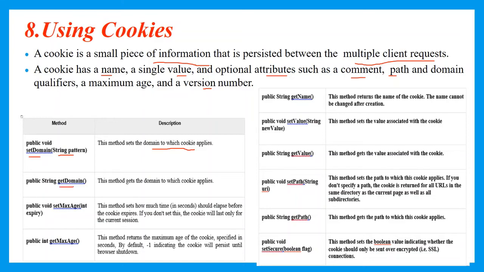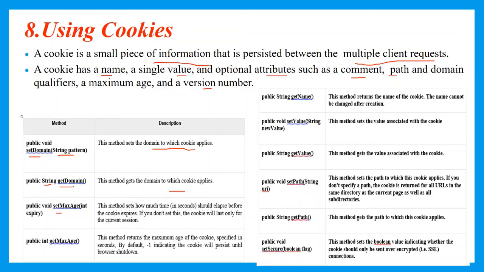The getDomain is a method which is going to get the domain to which the cookie has been applied, and the return value is in the form of a string. Here I have assigned the URL pattern as www.cec for the cookie. Once the cookie has been applied to a particular domain, I can retrieve the domain to which the cookie has been applied. In order to retrieve that, we will make use of the getDomain method.